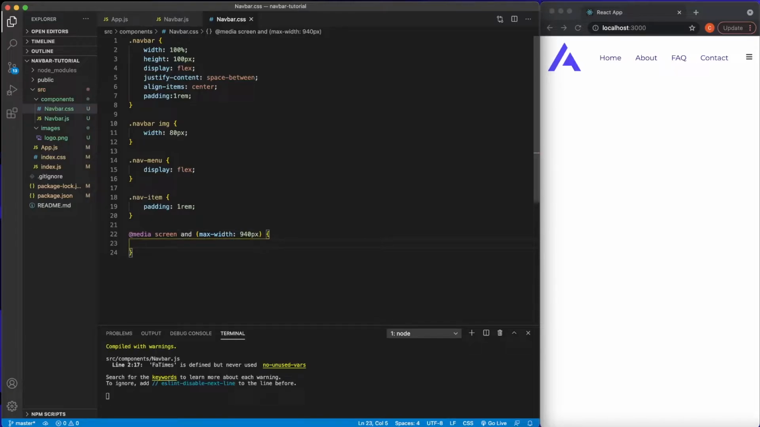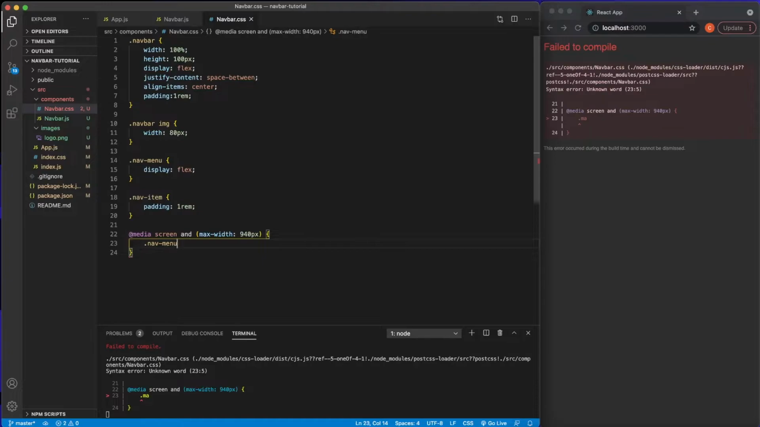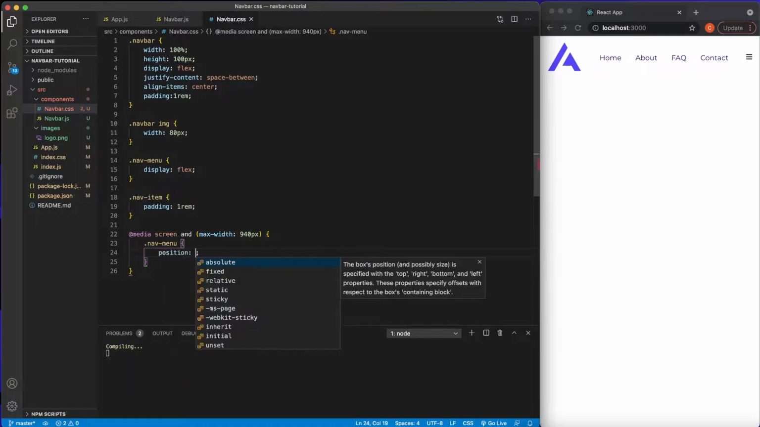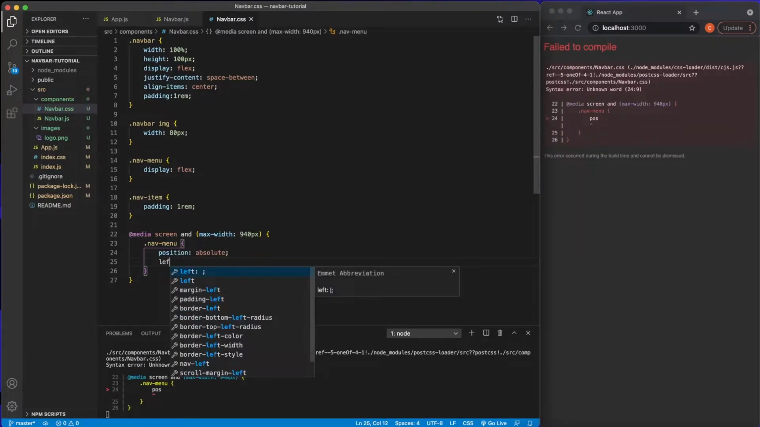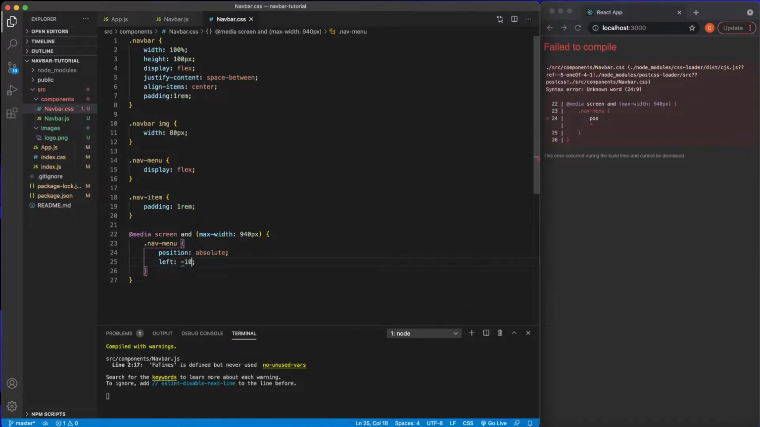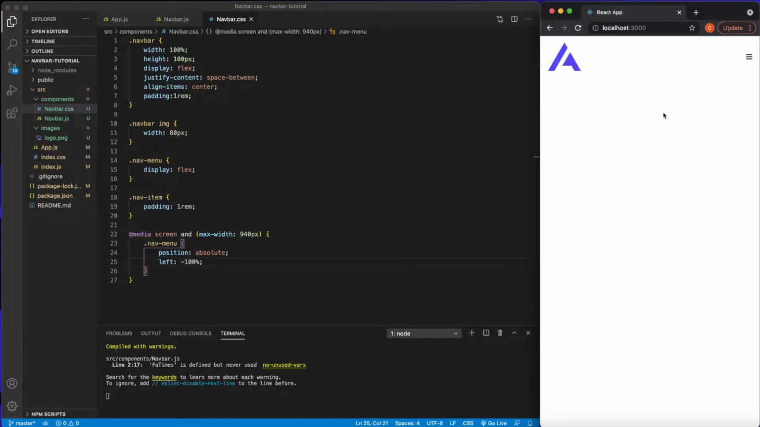And in here, we want our nav menu to, we'll say position, let's position this first. Position absolute, we'll say left, we'll say negative 100%. This will slide it off the page. So let's make sure we're working. There we go. And this hamburger menu,